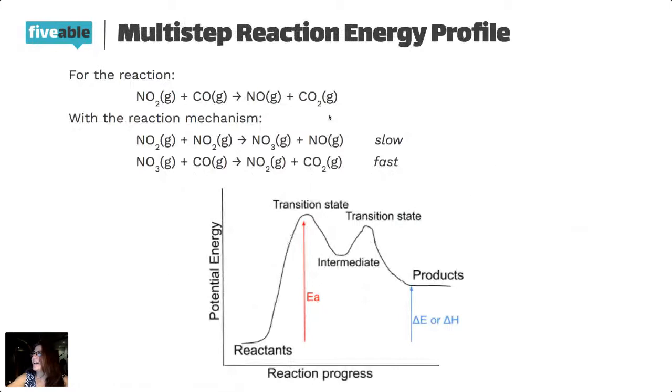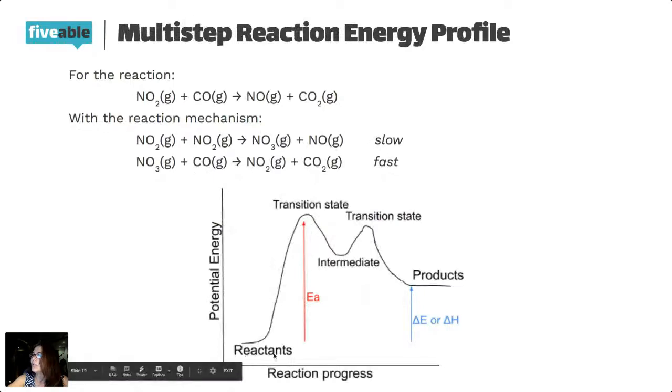Now, in the multi-step reaction, we are going to have two bumps to show the two steps of the equation. Since the first one is the slow step, the activation energy will depend on the slowest step. The activation energy will be the one with the slowest step,